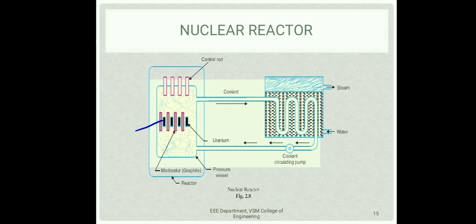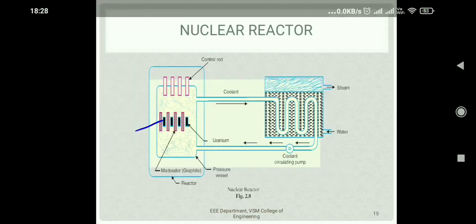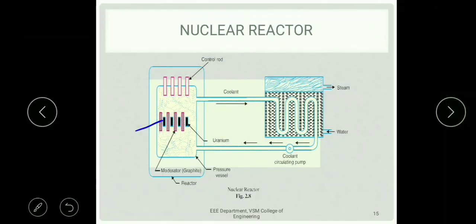When control rods are moved into the reactor, what happens? More neutrons interact with the nuclear material, and then it will release more energy. If you want to reduce the